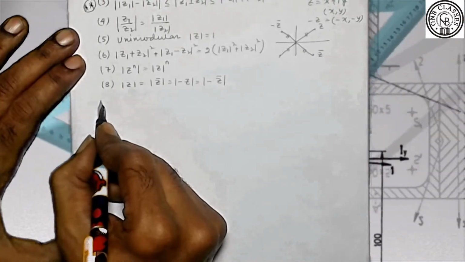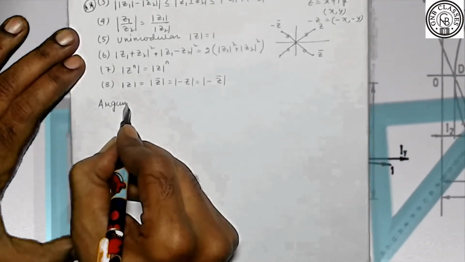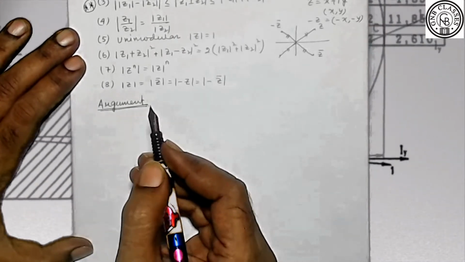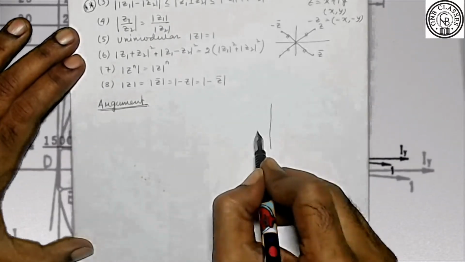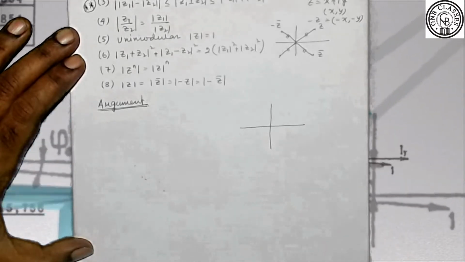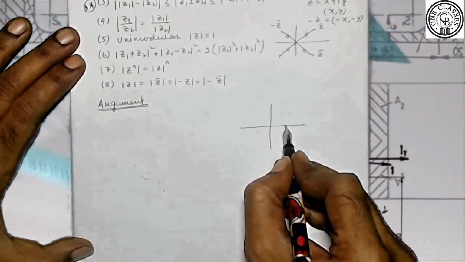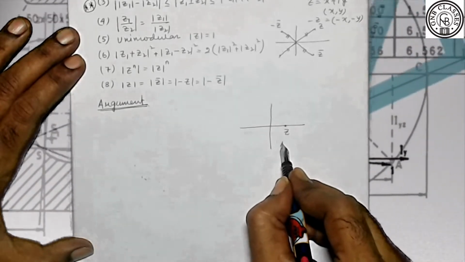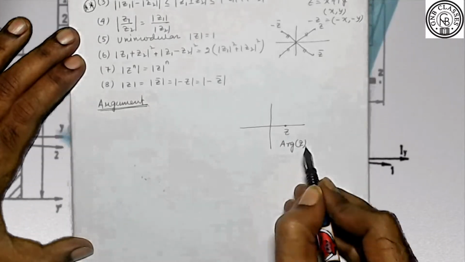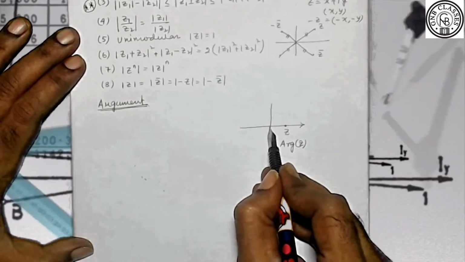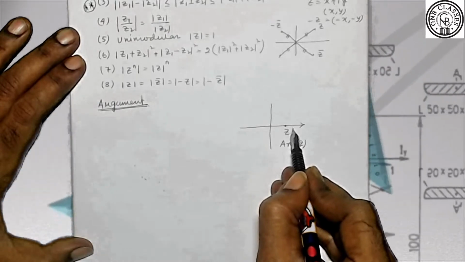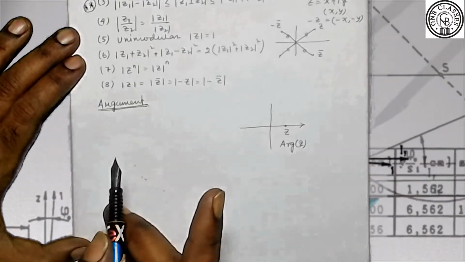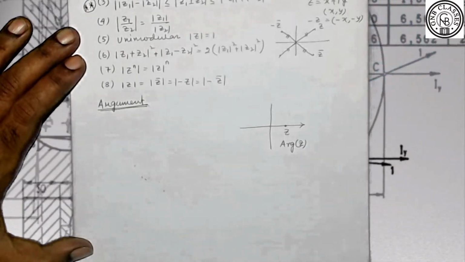Okay, let us now come to some basic properties of argument. So basic properties of argument. Argument of any complex number. Say, in an Argand plane, if a point lies on the x-axis, what will its argument be? What is the argument of any complex number which lies on the positive direction of the x-axis? Tell me. Because again, we are talking about argument, which means the principal value of the argument, not the least positive argument.